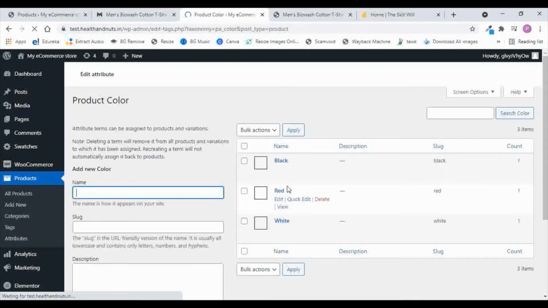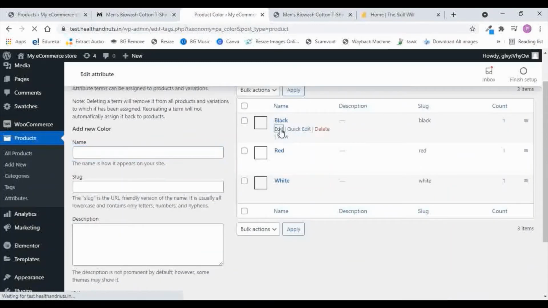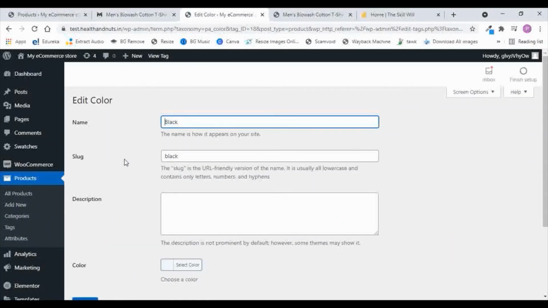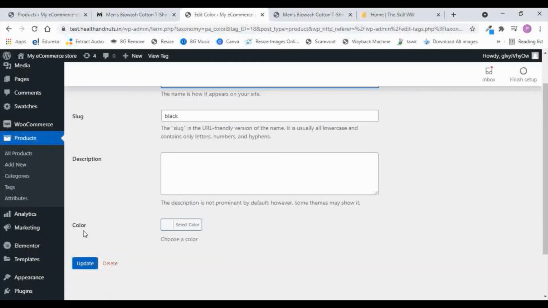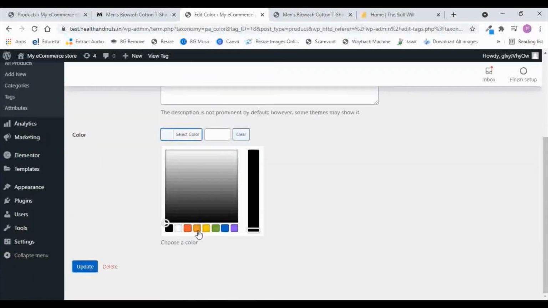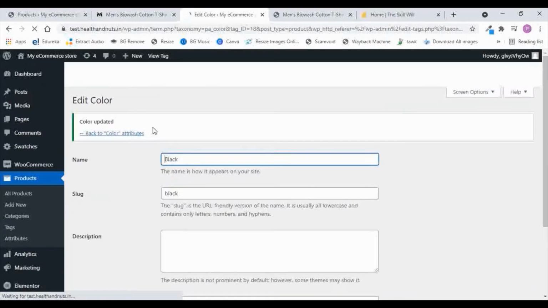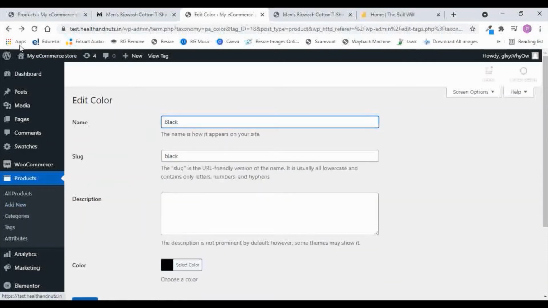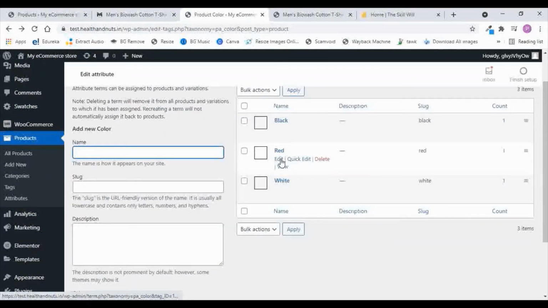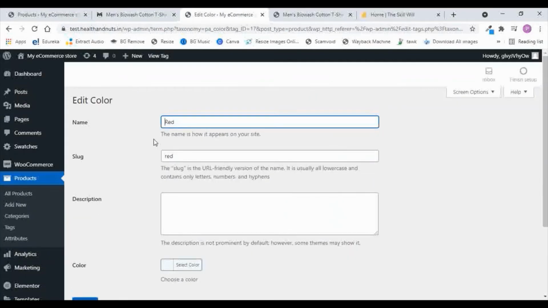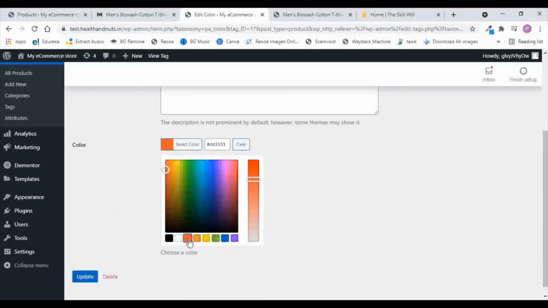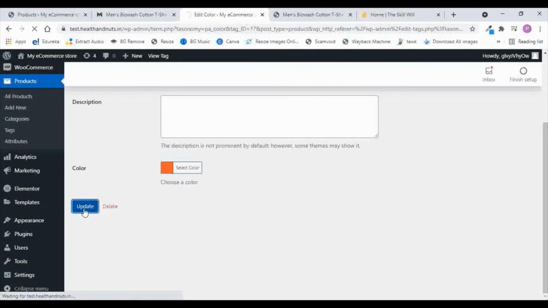terms, if you go to edit, now there is another option as the color. So from here you need to select the color. So I will select the black color for the black, update it, go back and do it for the other color, red one. I will select this as red, update it